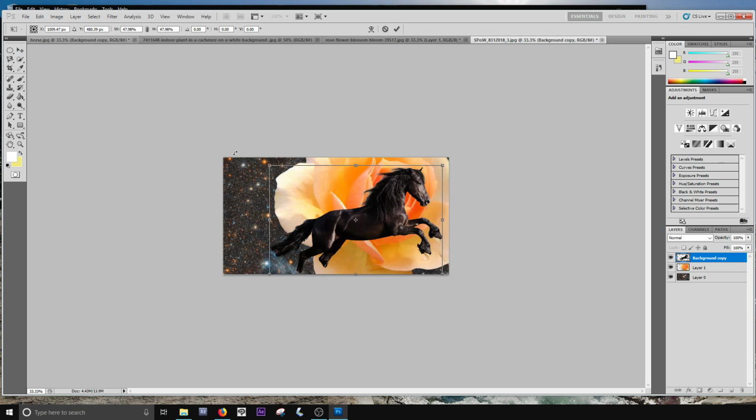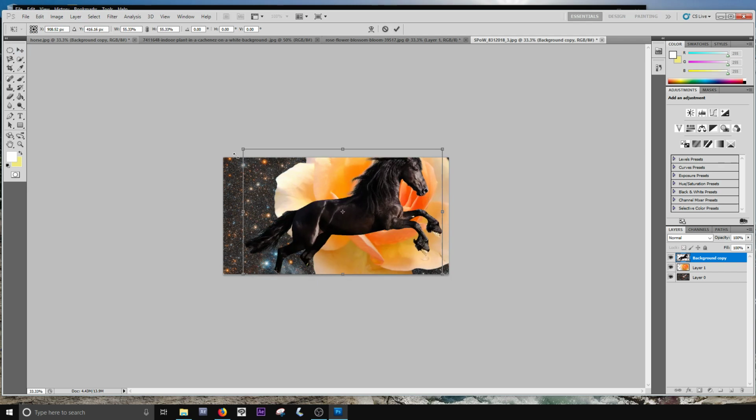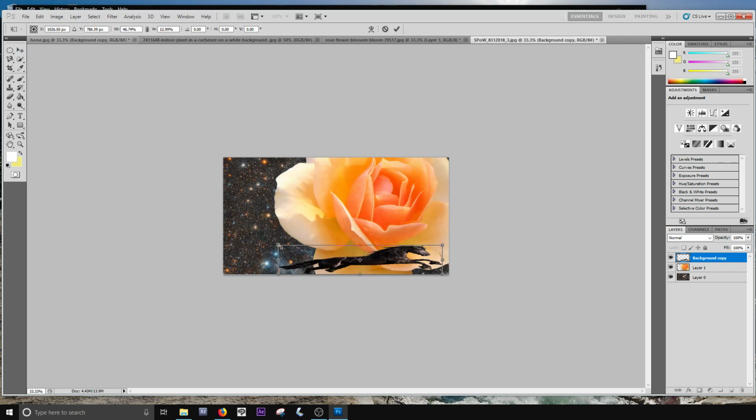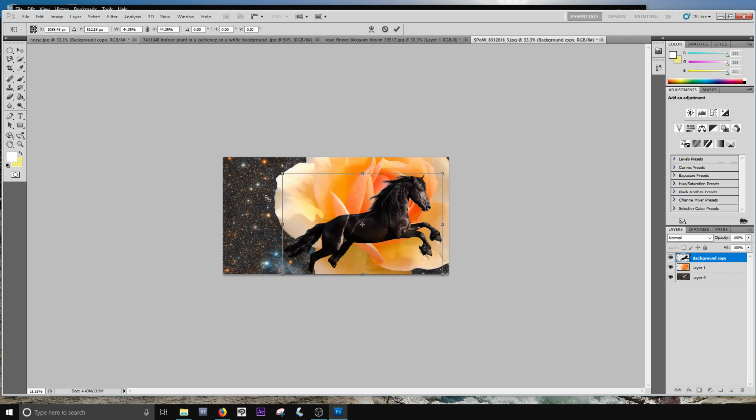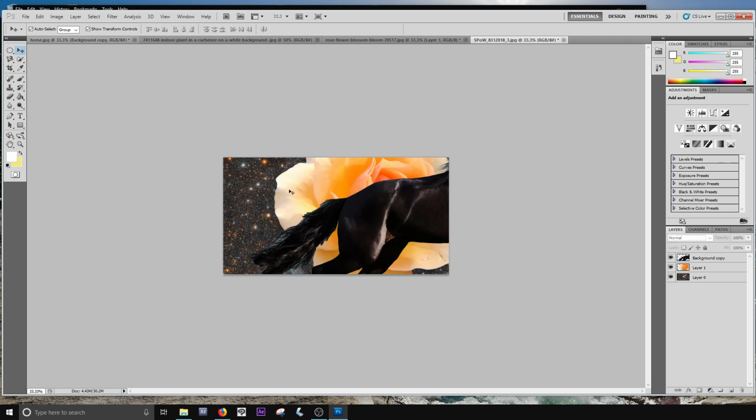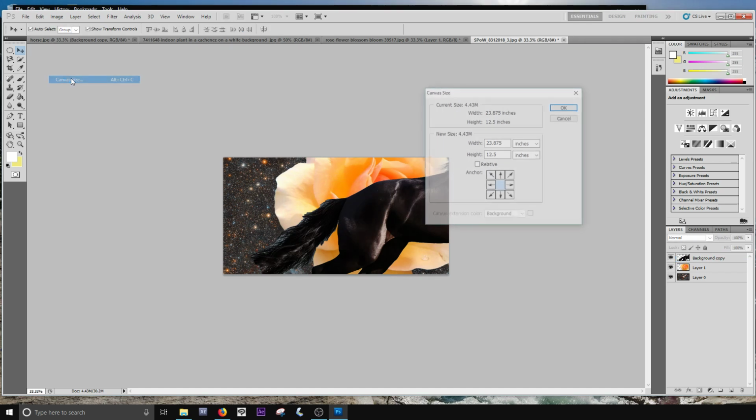When you move things with transform, you'll notice that if you just grab a corner, you might accidentally squish or squash something. So hold down Shift, just like the circle, to constrain those proportions. I'm pressing Escape to get back to normal, and back up to Image, Canvas Size, and we'll change the percent, the width, and the height. We'll make